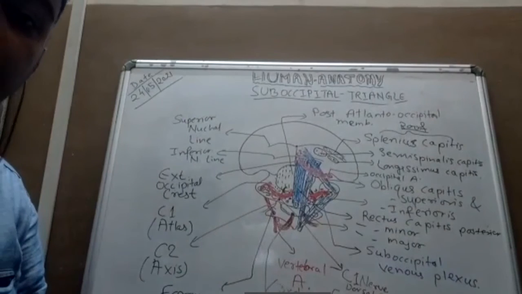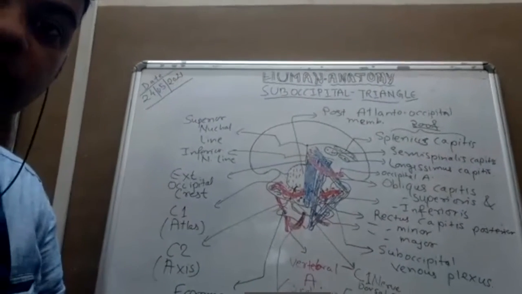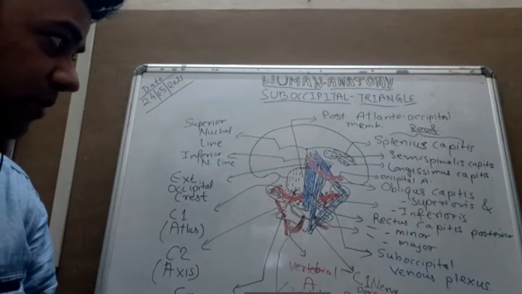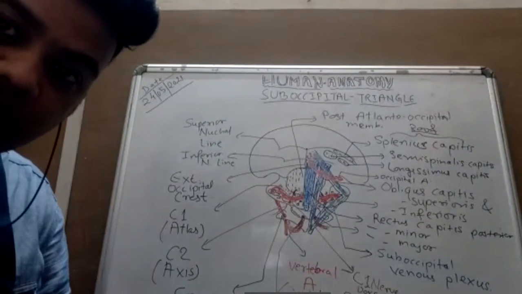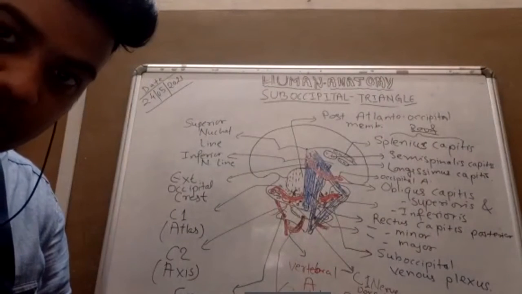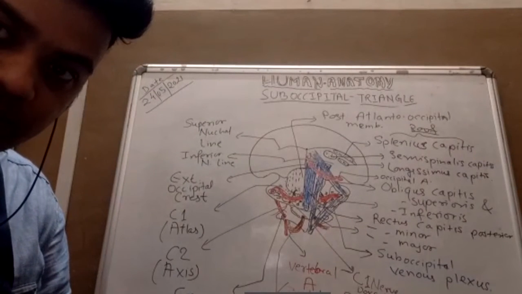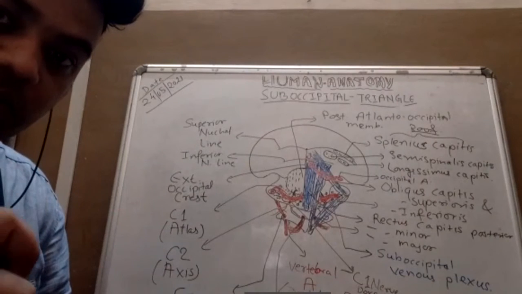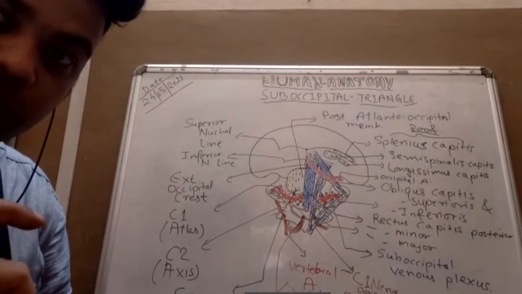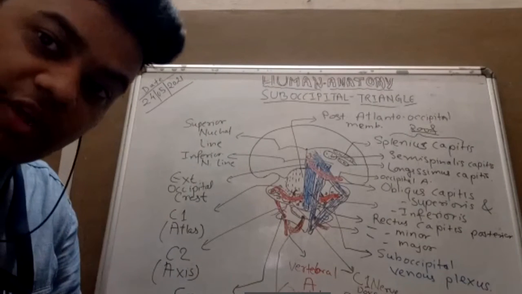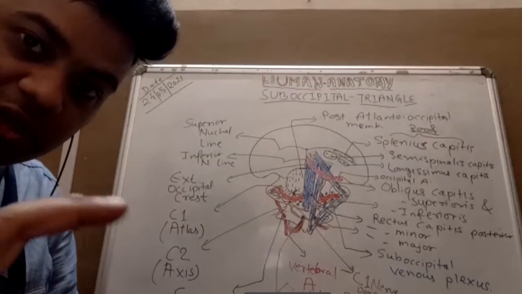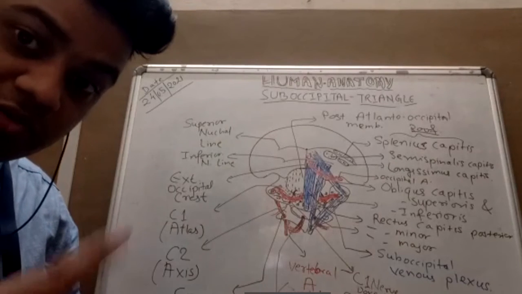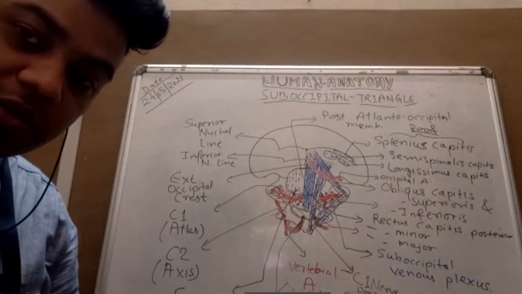Fine. Now what is the importance? All this is done, but what is its clinical importance? I have mentioned the lumbar puncture to collect CSF between L4 and L5. If you remember, I told you about that. There is another location for CSF collection known as the cisterna magna. The cisterna magna is the subarachnoid space enlarged in the posterior aspect of the brain stem. How will we approach that cisterna magna?